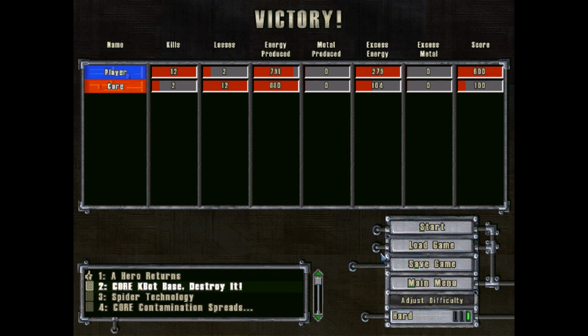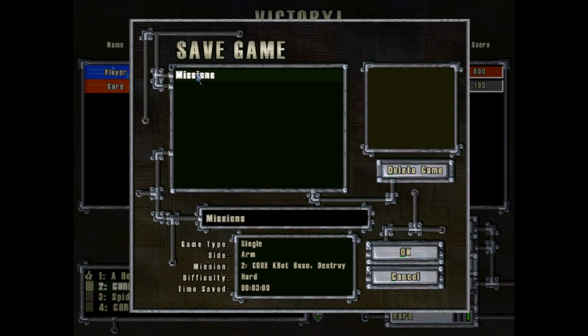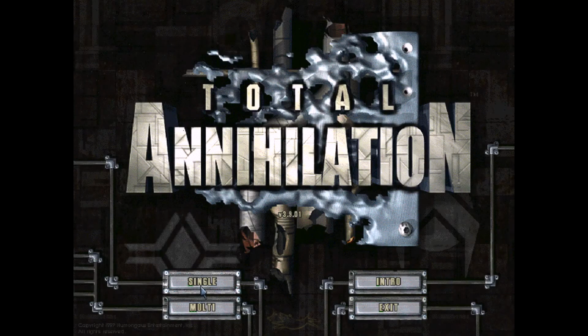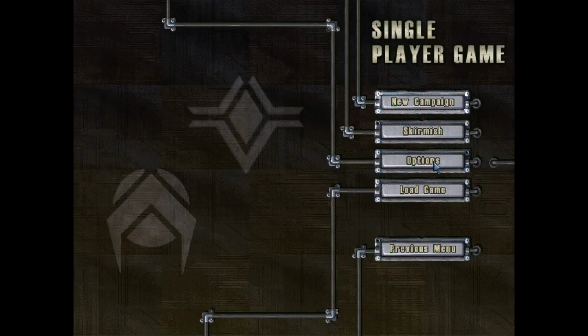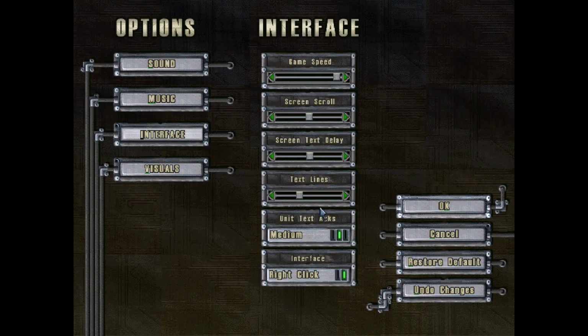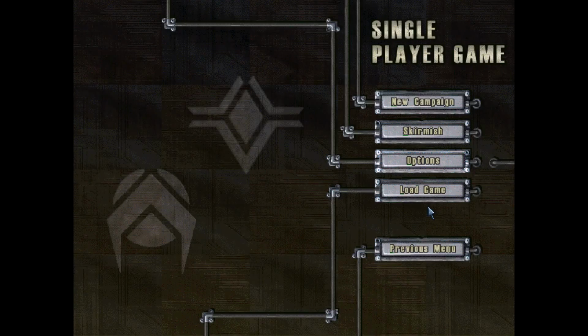Okay, alright, so good deal. One thing, let me go ahead and save this. Whoops, and I'll just save it over my original. I'm going to go into the main menu, and I'm going to turn the unit acknowledgements off. Mainly because I tend to do a lot of clicking, and